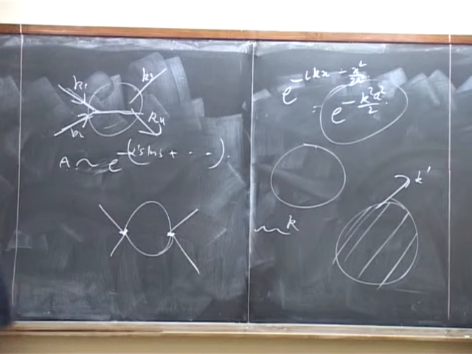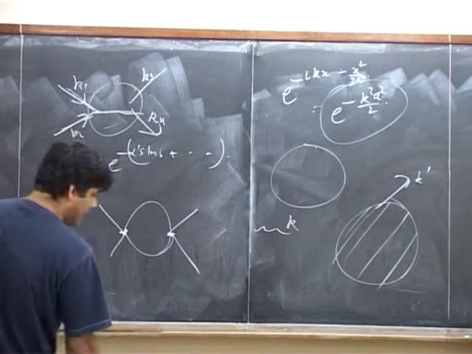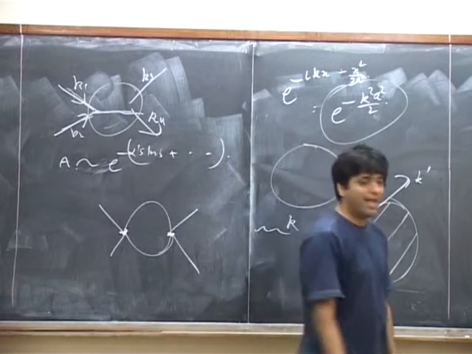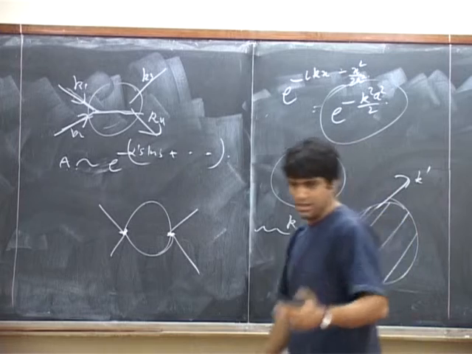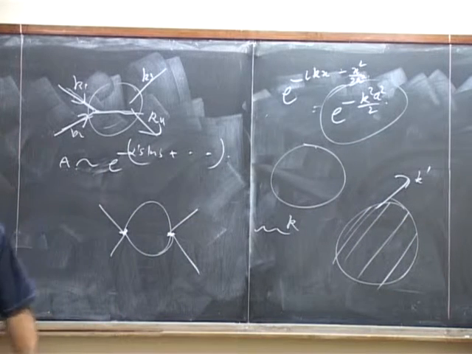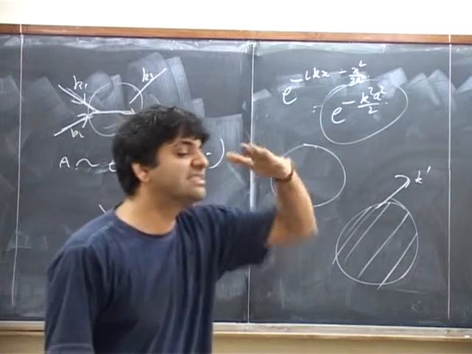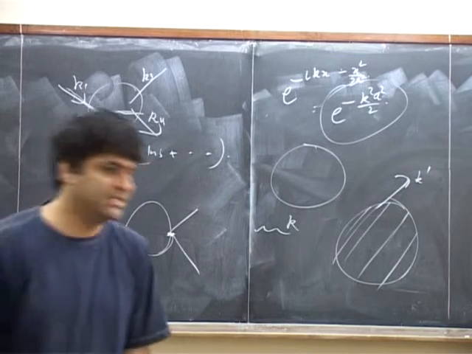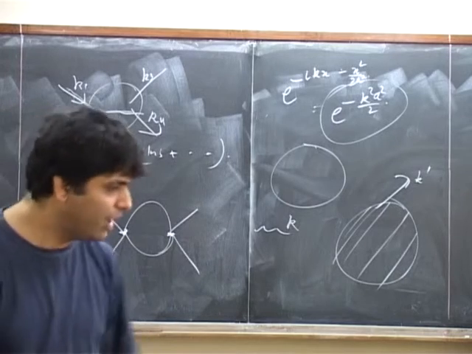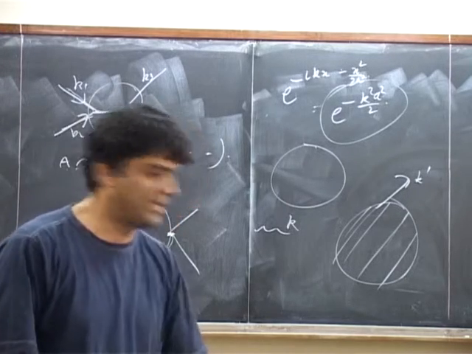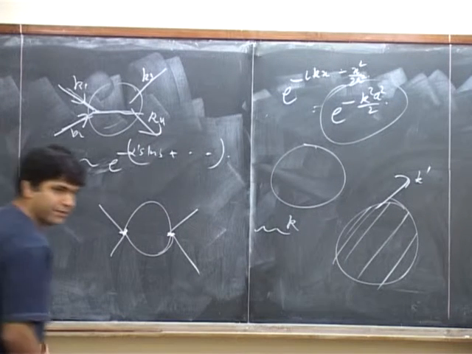It's basically if you want to keep only gravity and B field and dilaton, and ignore everything else, you want to be in an energy regime where producing other particles in intermediate states is suppressed by the energy. And that will be the case when your energies are smaller than the lightest other state that exists. The lightest other state that exists has mass of order 1 over the square root alpha prime. So long as you are at energies much smaller than 1 over the square root alpha prime, gravity and the other massless interactions dominate. Okay?